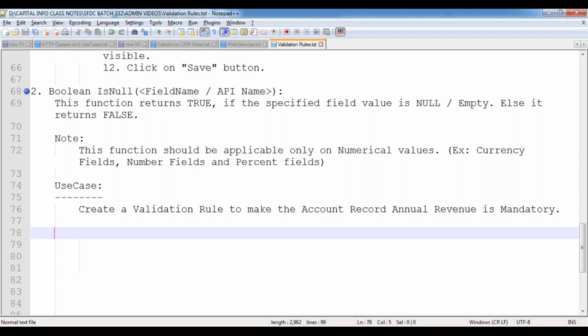So totally 5 ways are available. We know how to make the field required by using the required checkbox. Now we are using validation rules. With the help of validation rules also, we are able to make that field mandatory or required. Now, how can we do that? Let's see practically in this case.